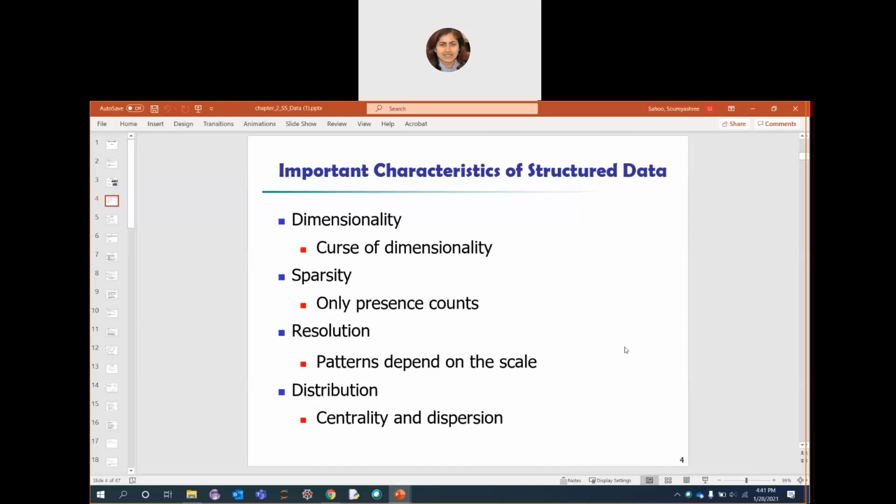Then some important characteristics of structured data. There are various research challenges in data analytics. First, what does curse of dimensionality mean? We have multidimensional data structures, right? Due to this complexity in dimensionality, we can do dimensionality reduction. What is dimensionality reduction actually? When you have a proper data set and you are going to apply some sort of machine learning algorithm or model to it, you need to first